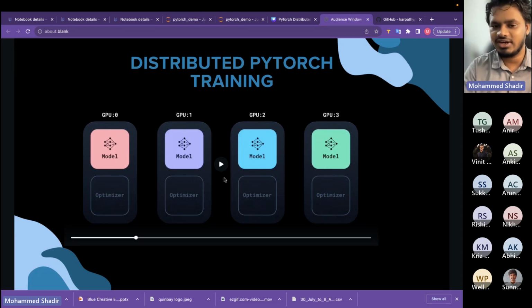We will see how exactly that is done. But this is the main idea of how distributed PyTorch training is happening. And at the end of the day, once each of the individual models converges, it basically performs the all reduce operation. When I say all reduce operation, it basically compares its gradients along with the other models, the other GPUs which are present, and formulates an aggregated value such that every model is the same at the end